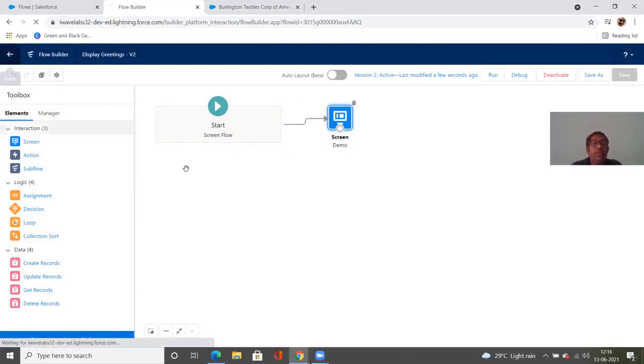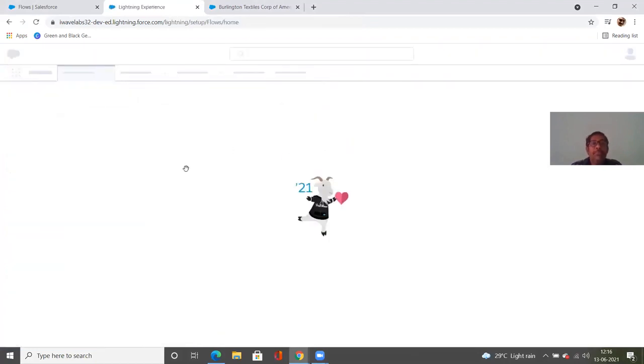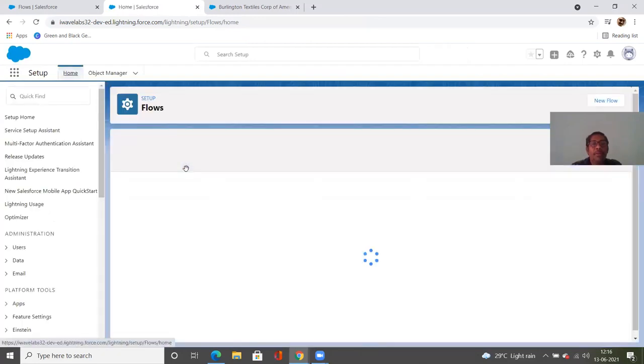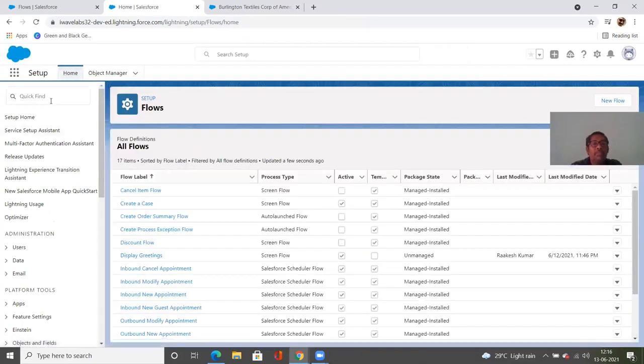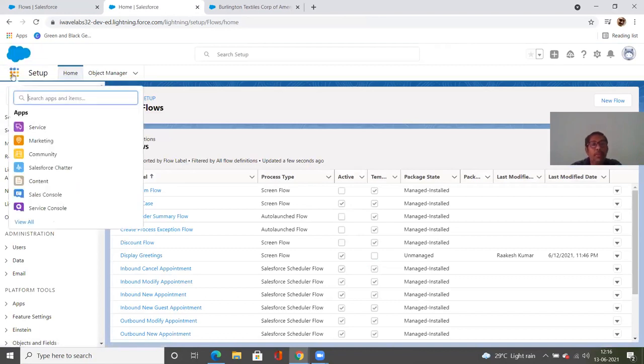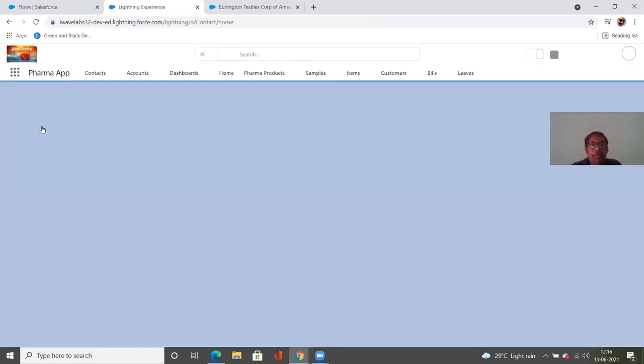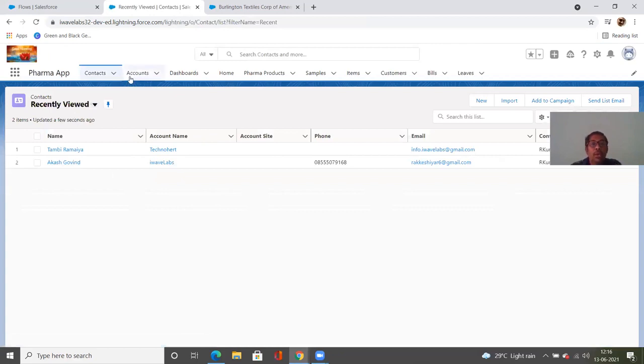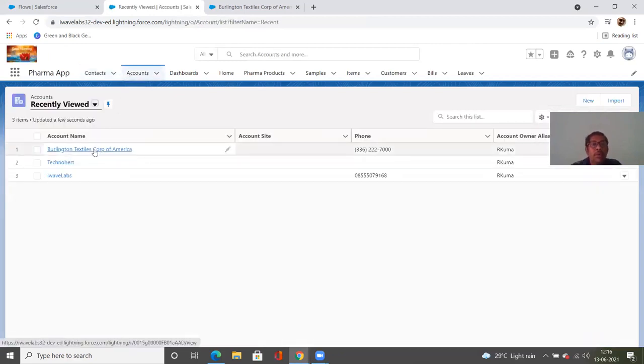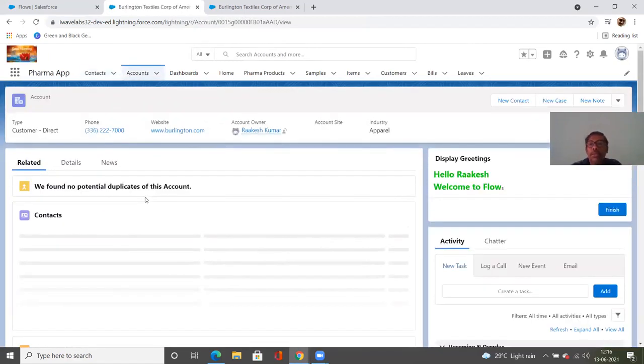Now let me go back. Again, I'm going to go to the app launcher. Click on app launcher, type Pharma app, and click on Pharma app. Again, go to accounts. Now click on Burlington Textile Corporation of India.